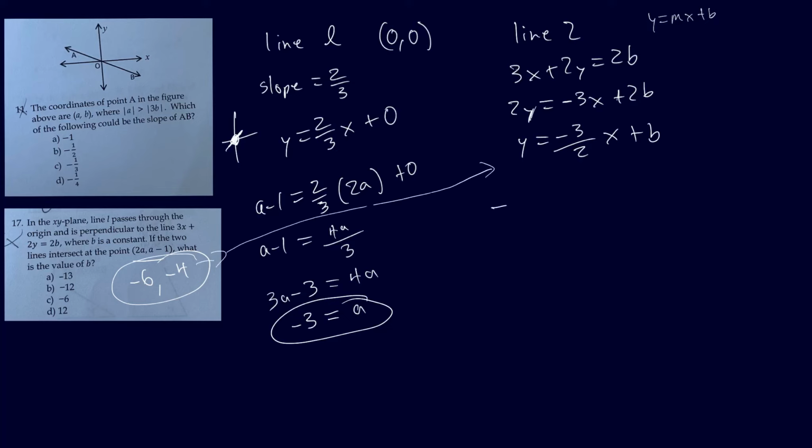So negative 4 equals negative 3 over 2 parentheses negative 6 plus b, and we're trying to figure out the value of b. Now the reason I put them into parentheses is just so that I know where I'm inputting my information in case I need to check my work. I could have just multiplied the negative 6 with the negative 3 over 2 and just simplified it right as I was doing it,